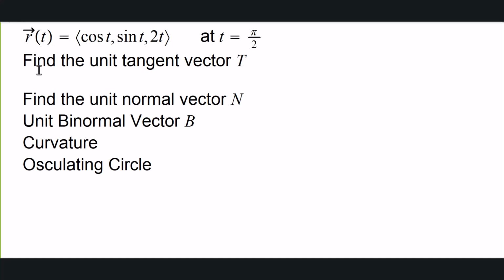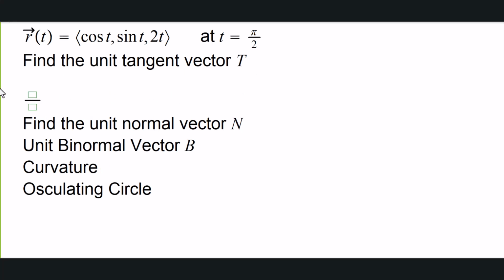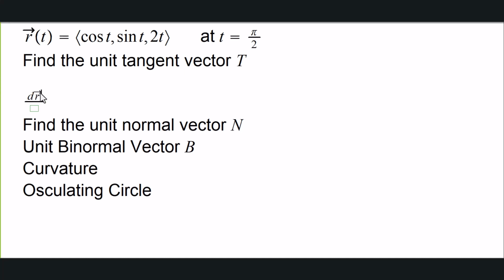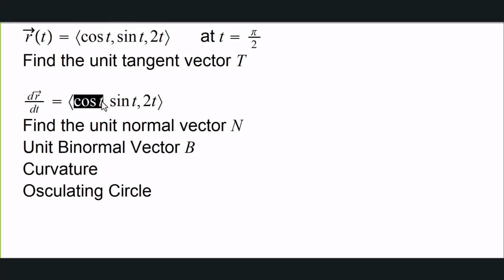So we have to do this task, that is find the unit tangent vector, unit normal vector, binormal, curvature and osculating circle for this curve at t equals pi over 2. So for the unit tangent vector, you know what it will be. First we will take dr/dt, which will be in the direction of the tangent. So we got dr/dt equals how much? If you differentiate, we got negative sine t,